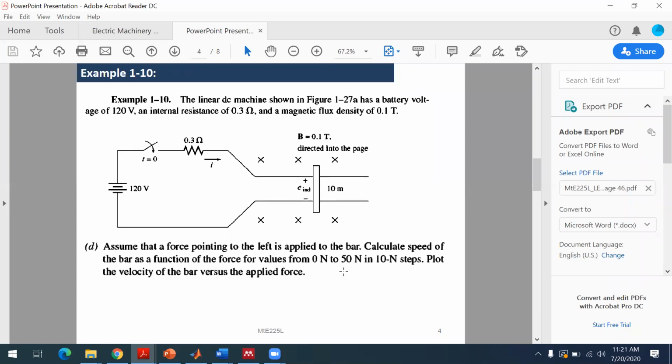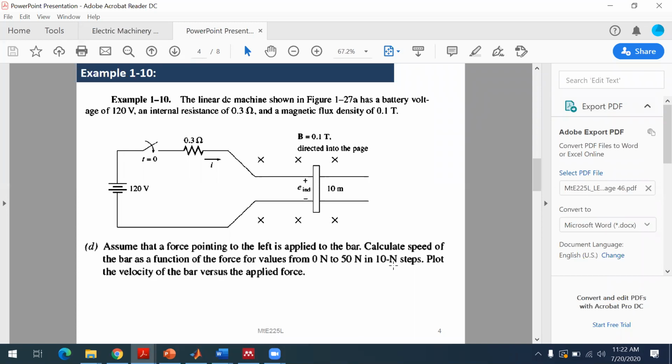So the force is exerted in the form of steps from 0 to 50 Newton in steps of 10 Newton. Means first it is 0, then 10, then 20, then 30, then 40, and then 50. So it is just in the form of intervals, and that interval is in steps of 10, right? So basically,